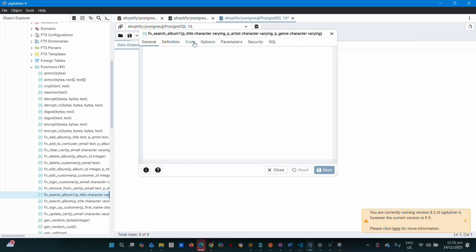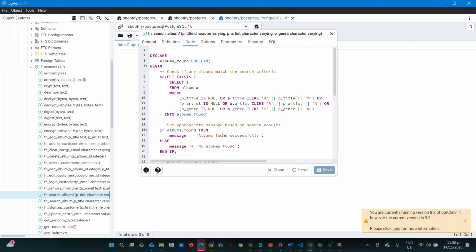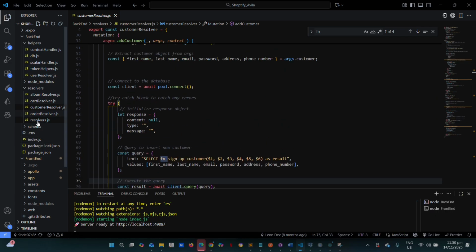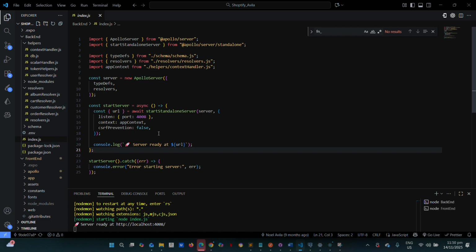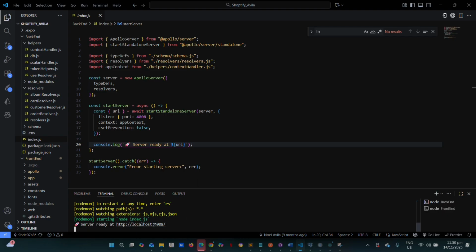You just have to put properties in the code. You just put anything here in our response, then we have to fetch every resolver in here, so that in the index we're going to run it on our server, which is Apollo. Apollo is a tool for GraphQL that will make the functions work. So let's try this, the Apollo.